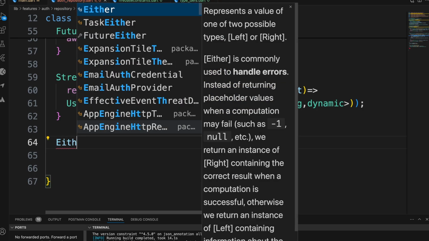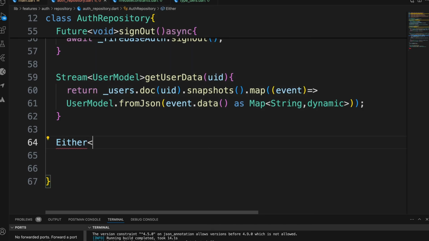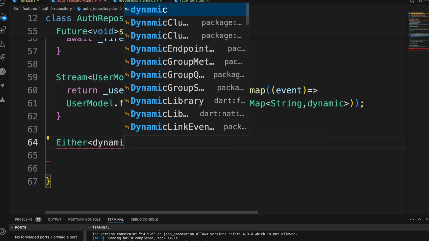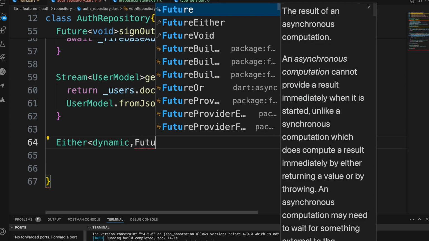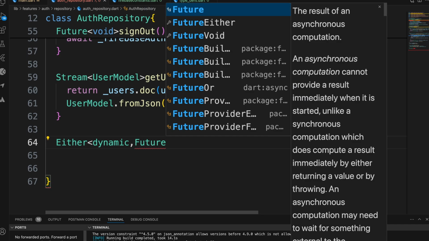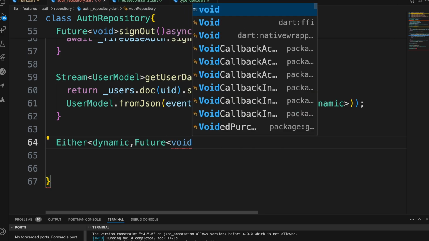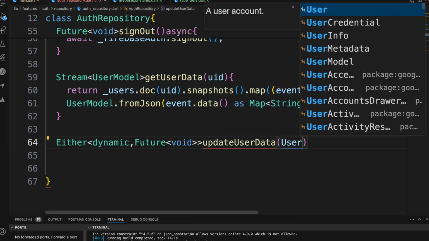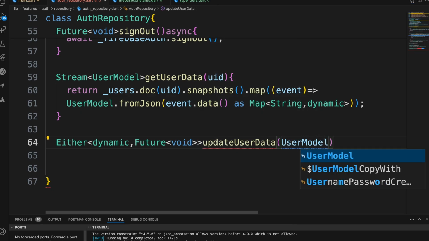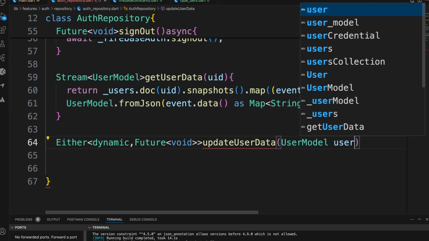So the method to update the user information is going to be of type either, and then dynamic, and then a type of future. A type of future of type void, and then we are going to call the method update user data, right? And then user model, and then user,